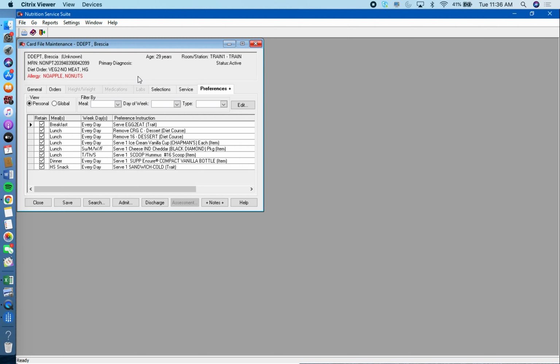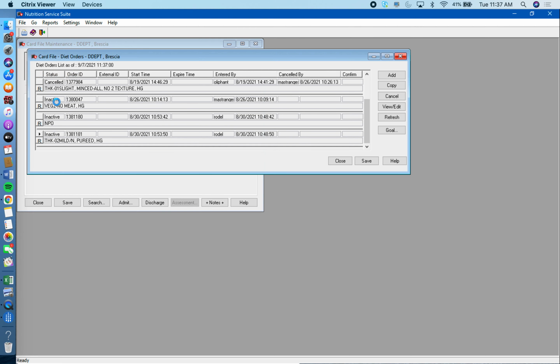Next, we're going to go to previous. The question is, what were the patient's previous diet orders? So we can just go to the orders tab and we can press diet. Now, this isn't a very accurate example. It doesn't make